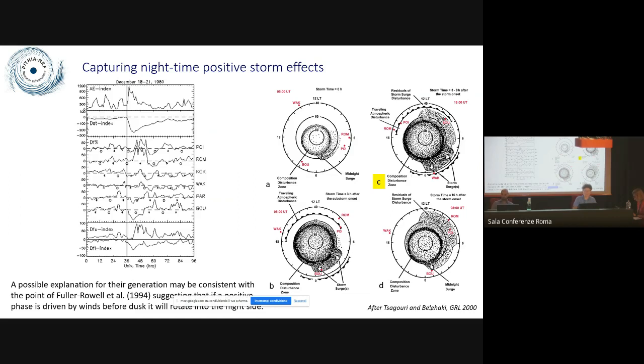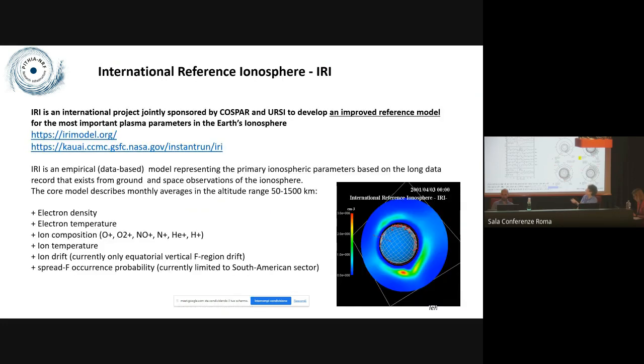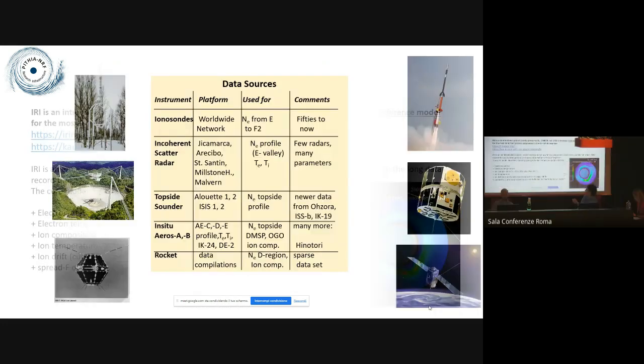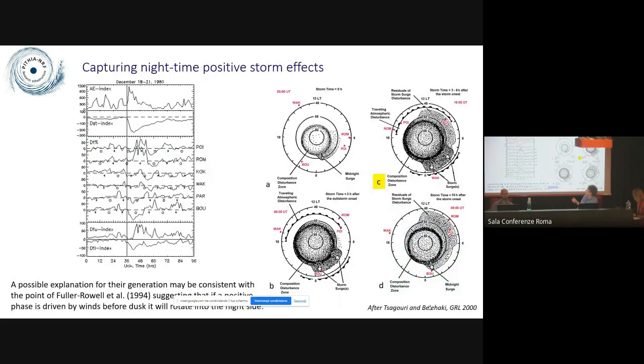And this is why, for instance, you see in this storm, which is analyzed here, which is a relatively strong ionospheric storm,